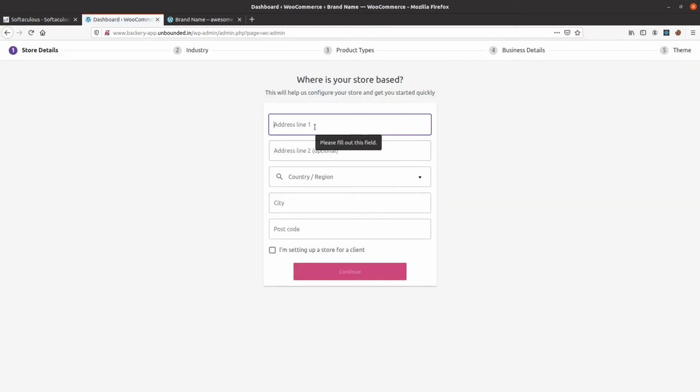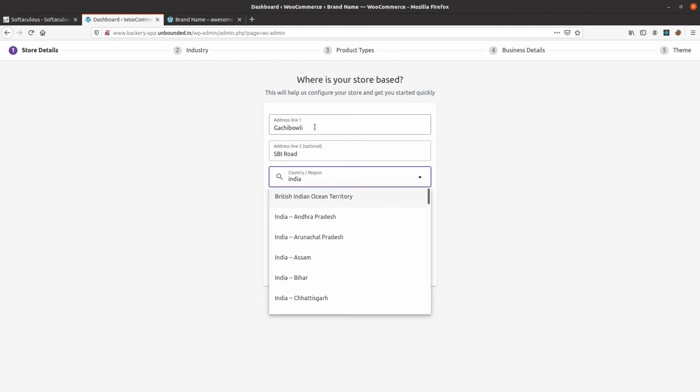Yeah, all right. So here you can mention your store address. The store address is where you, as a website owner or business owner, are based. Suppose you're mentioning, say, Gachibowli, Hyderabad, or maybe just SBI Road, country is India.